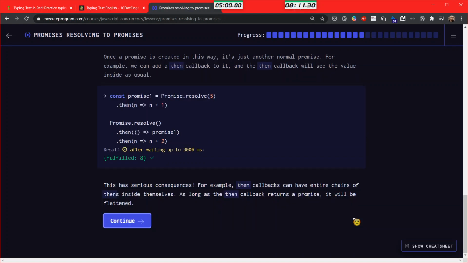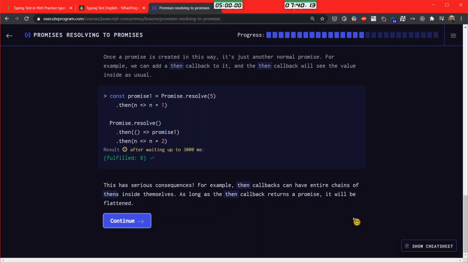There are serious consequences. For example, then callbacks can have entire chains of thens inside themselves.